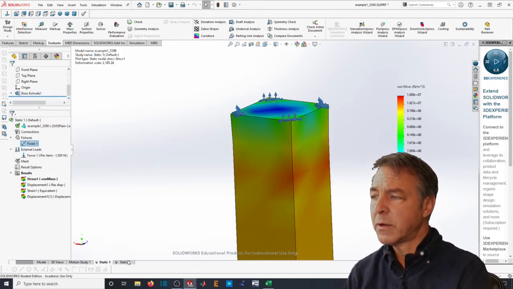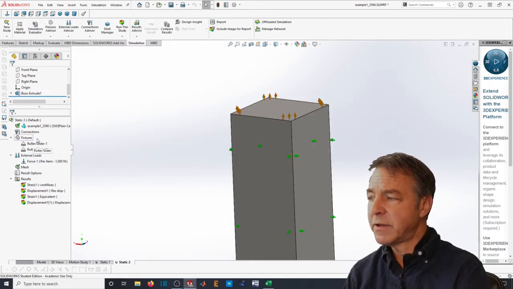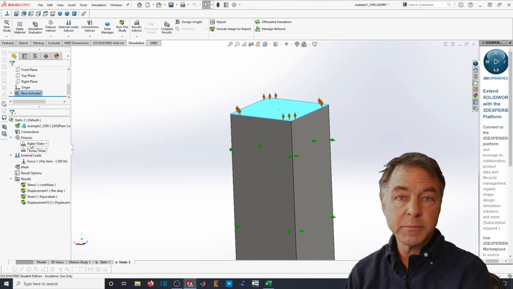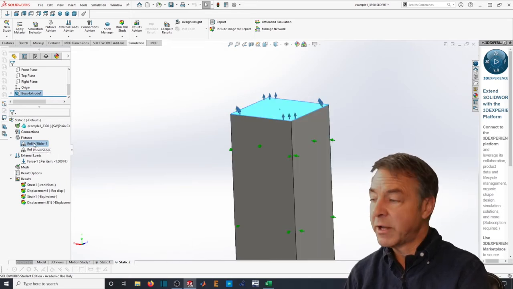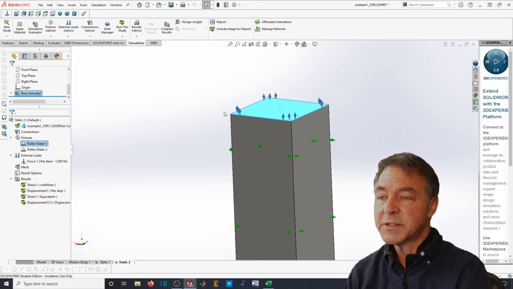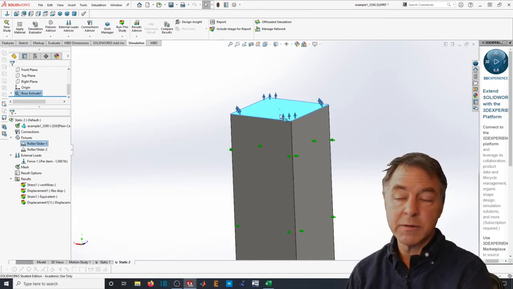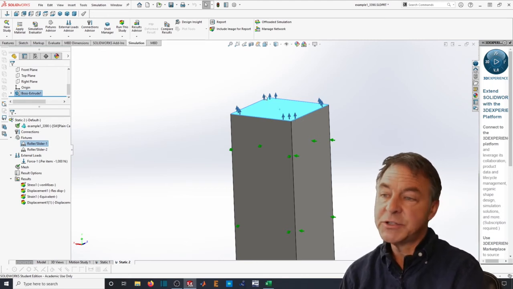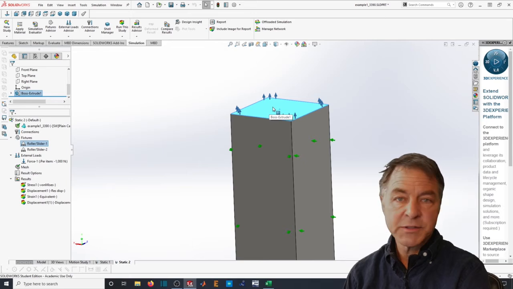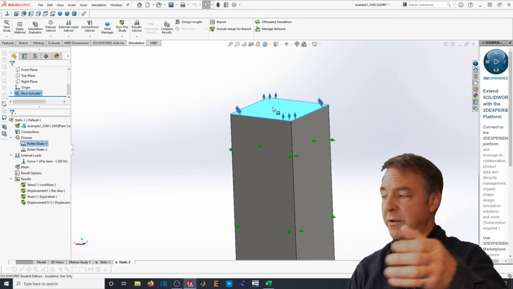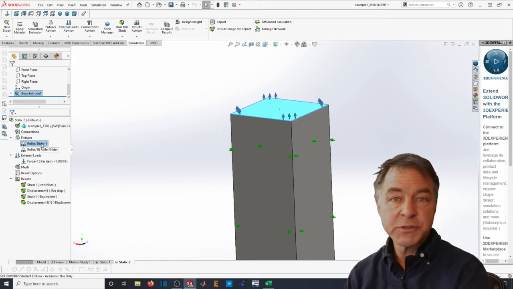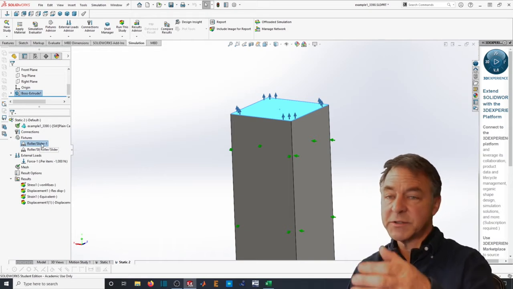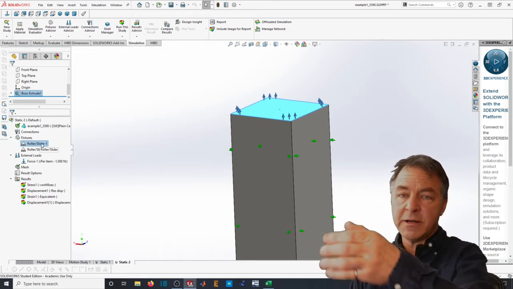So what I've done is, instead of using a fixed constraint for the fixture, I've applied two rollers. One roller slider constraint is on this top face, and that is essentially a planar set of rollers. Imagine an ice sheet. The top of this plate is glued to a sheet of ice, but it can slide around sideways. So that's one constraint. If I try to model it with just that, then I'll get some errors, because essentially the model is saying I don't know where it's going